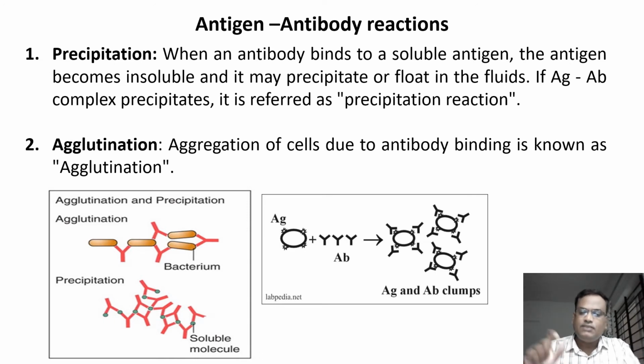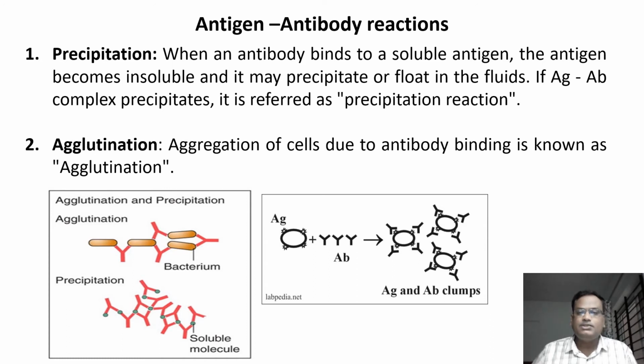Suppose the antigen is a toxic molecule. If it is not bound with any antibody, it may cause some damage. It will show its toxic effects. When it gets bound with the antibodies, it is neutralized. Its effect is gone. So it becomes harmless. So that is how the precipitation reaction is going to protect the body against the toxic materials or the antigens.